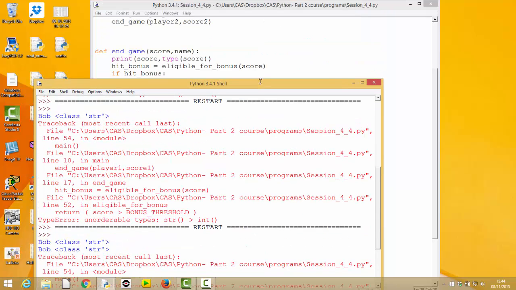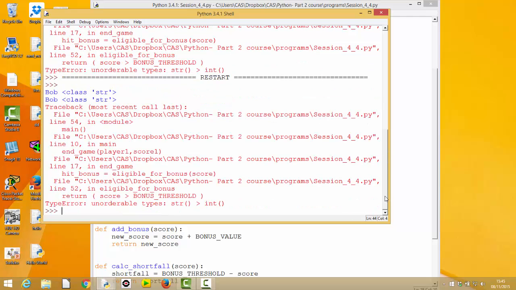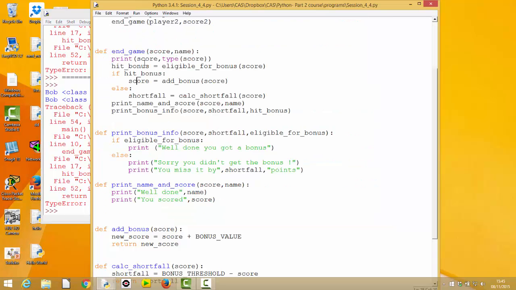It's just off the bottom of the screen, so let's bring it up so we can see it. And obviously the second one is the one within the test function. This is the one we've just put in. So at this point in our code, this point here, score has got a value as Bob,